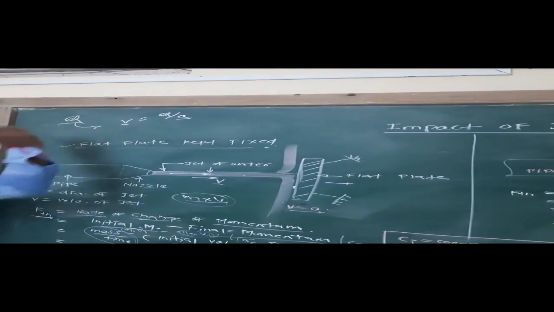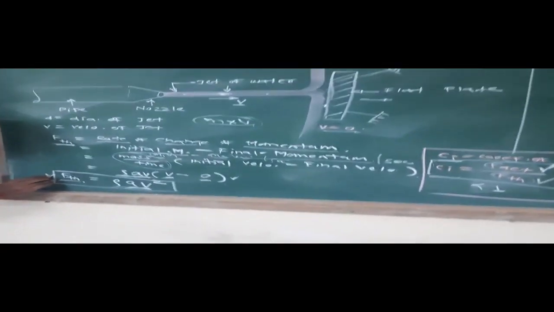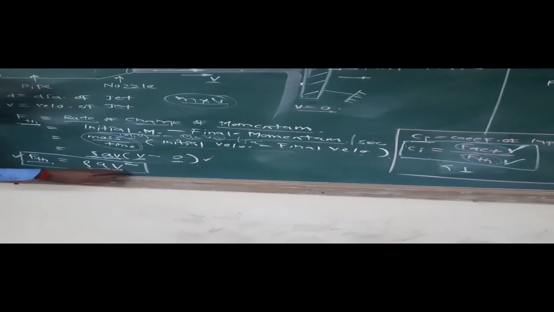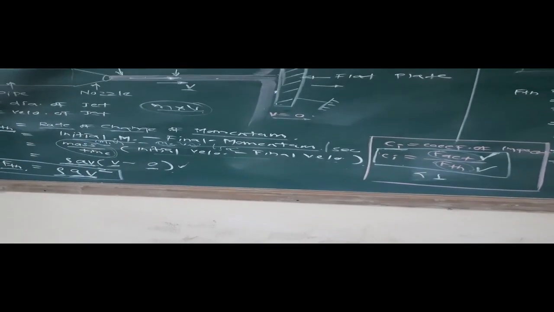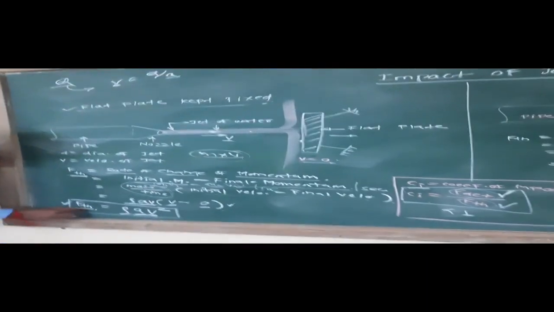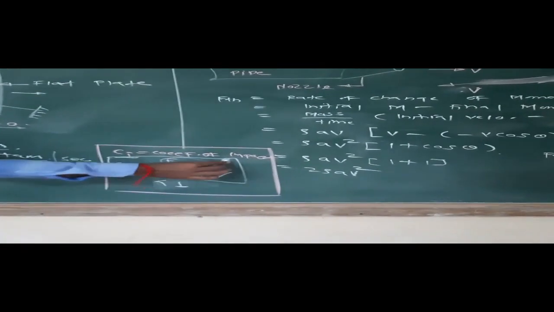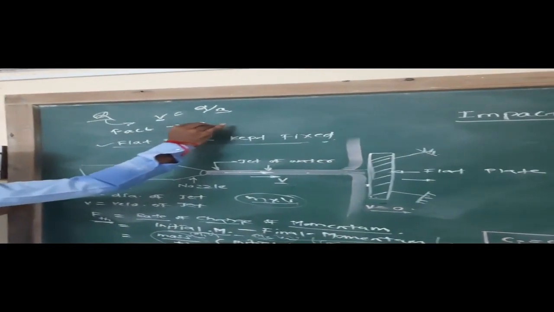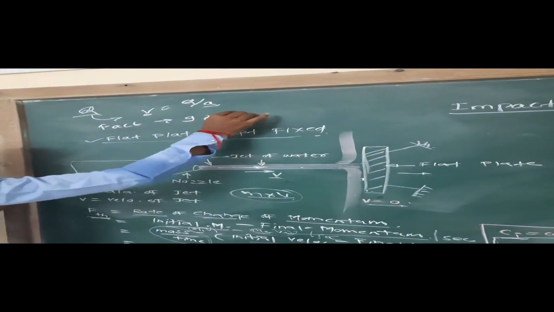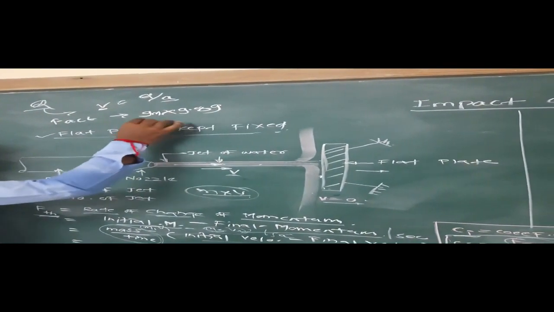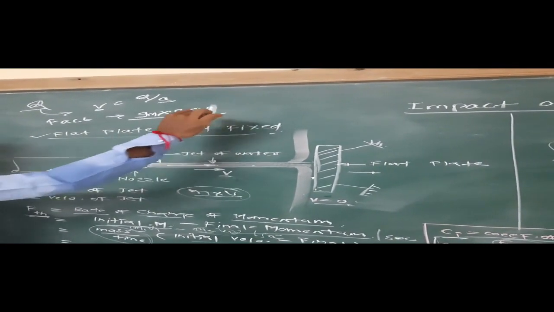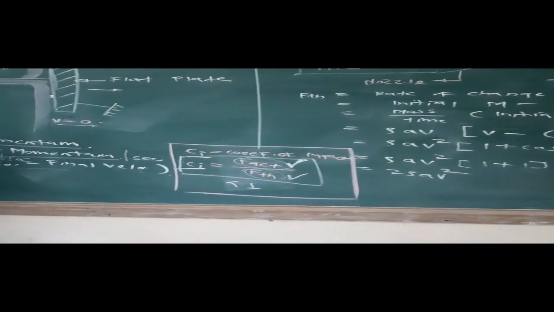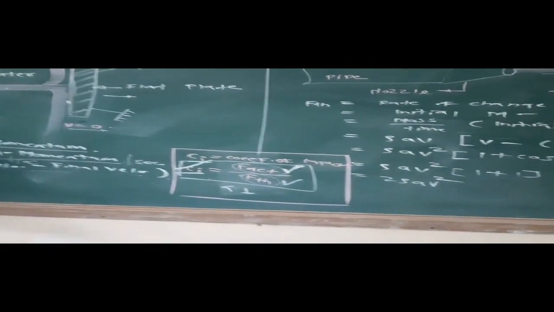Once we calculate this V, we can simply calculate our theoretical force, which is given by the equation density multiplied by area of the jet multiplied by velocity squared of the jet, what we have calculated here. Once we calculate this F theoretical, what we need next is F actual, that we have already measured by using the weight balancing machine, in terms of gram. Then you are simply going to multiply it with 9.81. It was measured in gram, so we multiply it with 9.81. Here you will get F actual, then you can simply calculate the coefficient of impact. This is what our calculation is.